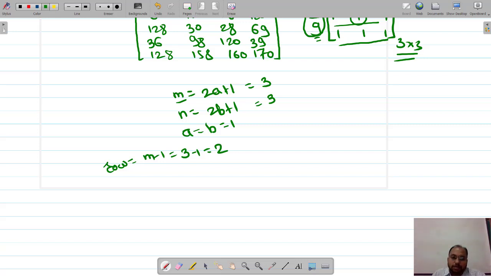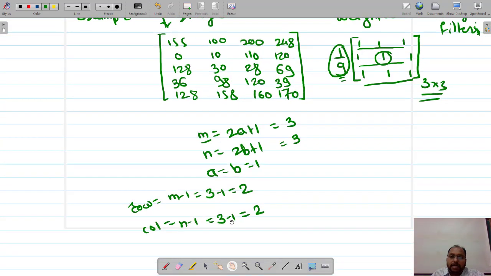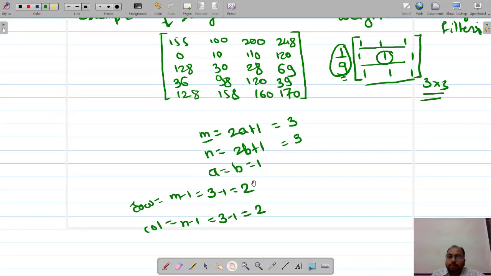And how many columns? Columns will be n minus 1, and n is also 3, so 3 minus 1 is equal to 2. So 2 rows and 2 columns we need to pad with zeros on the left hand side as well as right hand side, bottom and top.